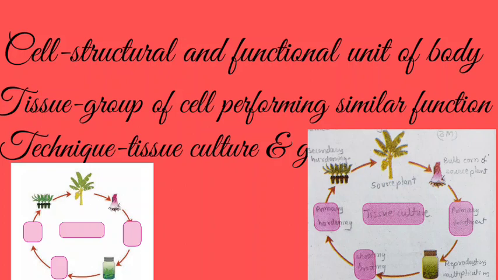Here it is shown the tissue culture of a banana plant. A banana plant is taken, that is called a source plant, or it can be called a mother plant. From that mother plant, you can see on the right side, a bulb corn we have taken from it. From that bulb corn we have collected the tissues, and then in the first box the primary treatment we have to give to that bulb corn. Primary treatment includes the suitable temperature, surrounding, and some of the nutrients, whatever is required in the chemical form, which is supplied to those bulb corn tissues.